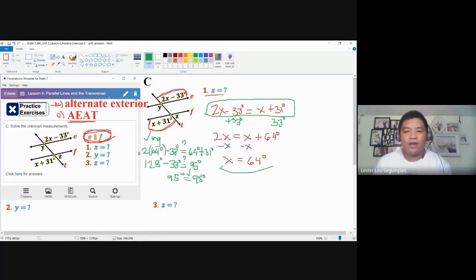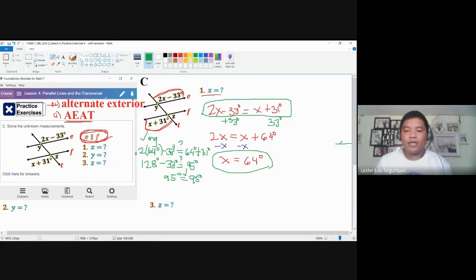That would mean this value here is correct. Okay. Now that it's correct, we can still further add a little bit of checking using the values here and making sure that they are equal. So the 2x minus 33 degrees, when substituted, that's 2 times 64 degrees minus 33 degrees. That's 128 degrees minus 33 degrees, which would actually result to